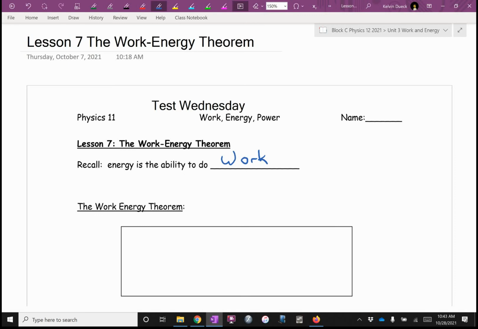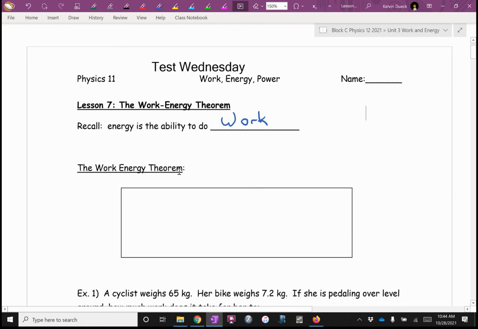I was saying to Kessler earlier today that when we get to rocket science and orbits two units from now, we're going to be using this thing called the work-energy theorem to figure out how much energy and how much rocket fuel to put stuff in orbit. But it's going to be one question that takes up literally an entire page, about 15 lines of, no pun intended, work. It's not the most convenient definition, but it's by far the most flexible. The work-energy theorem, the third way to calculate work,